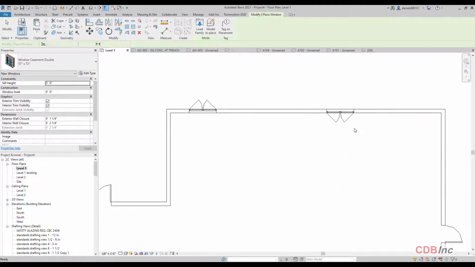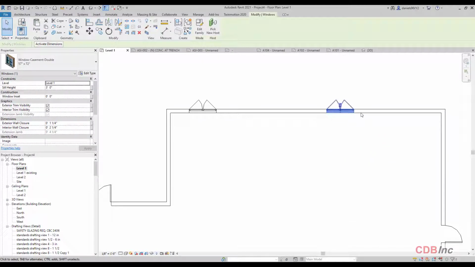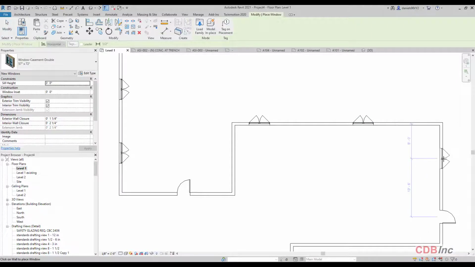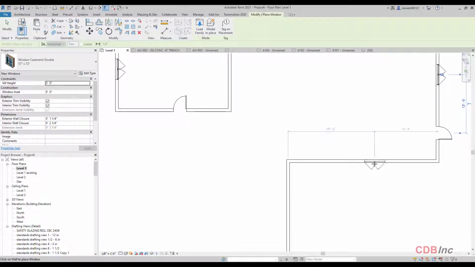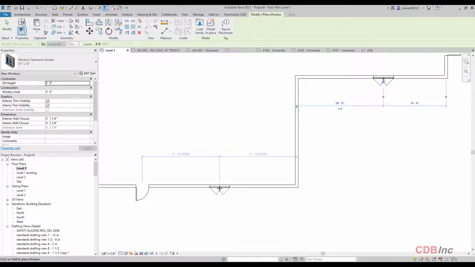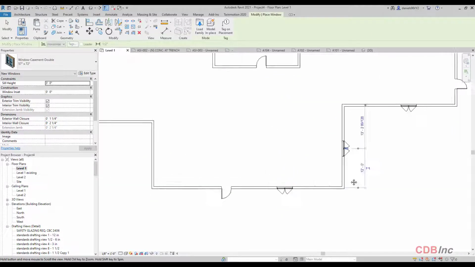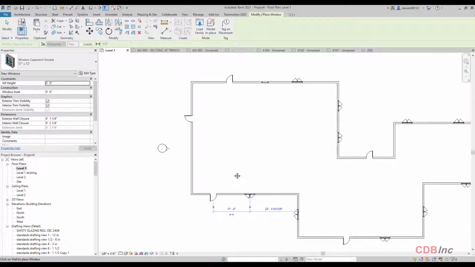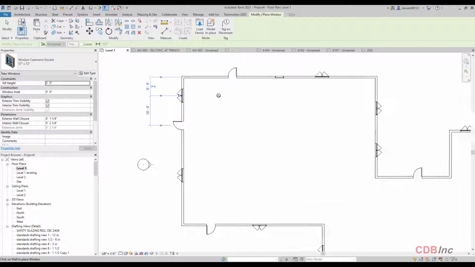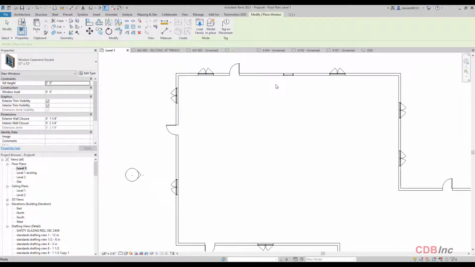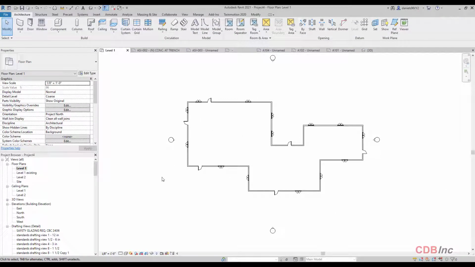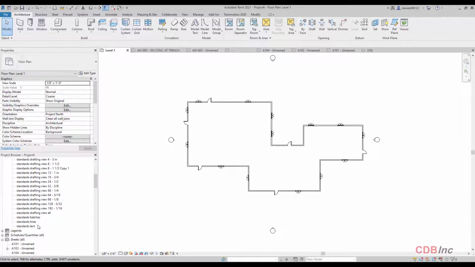Oops. So I'm gonna actually flip this. I'm going to right click and create similar. And these are not super important. Again, they're just illustration purposes so you can kind of see what Revit can do, and why Revit is so cool. All right, so we've done that. Now, let's